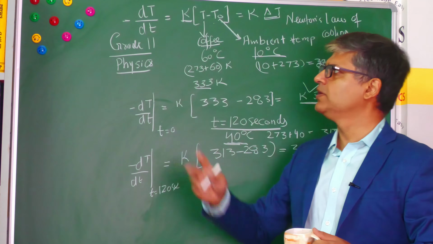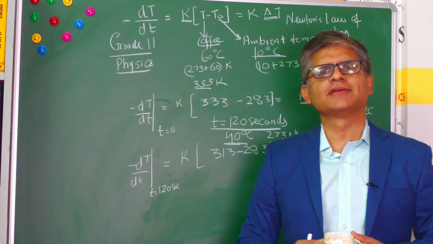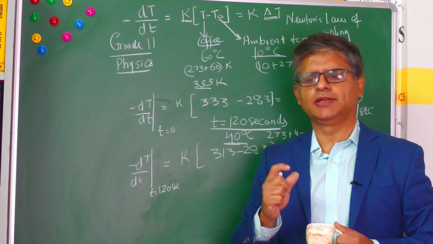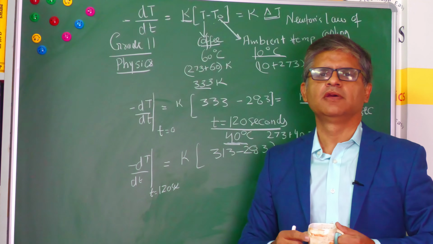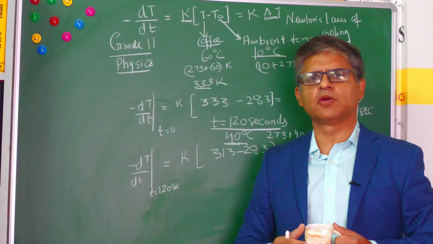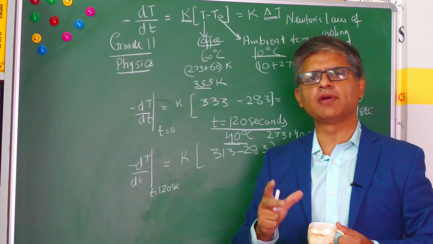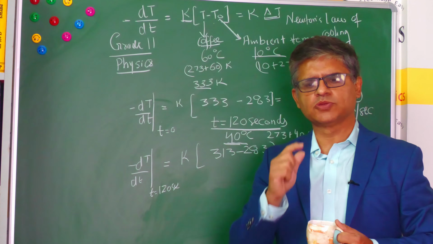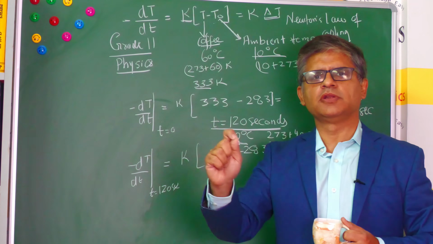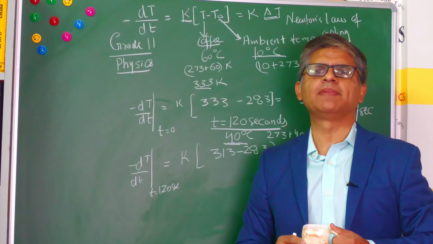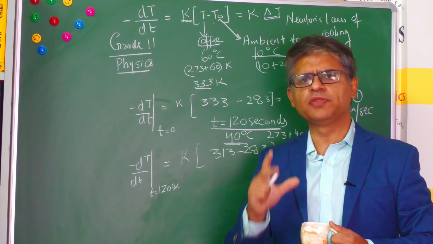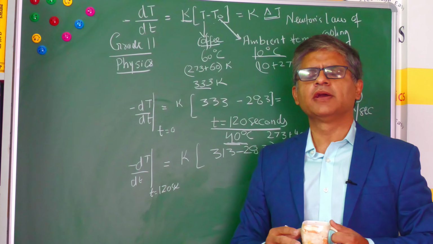Otherwise, tend to go for Newton's law of cooling in situations where you have very limited temperature difference. And in a lot of situations, the numerical is probably going to say that Newton's law of cooling is pretty much applicable. I hope